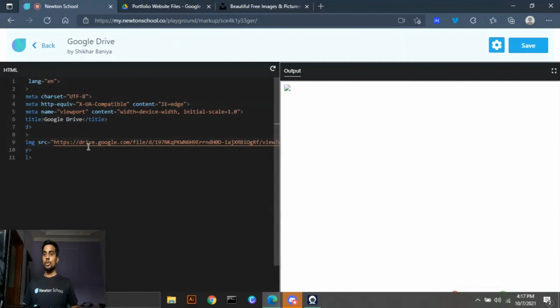Okay, so I have pasted it, but as you can see, we got this broken image icon. Okay, that means the image is not present, or the file is broken, or it is some unsupported file. So why is it happening? I mean, we copy the image URL and we are pasting it, but still it's not working.